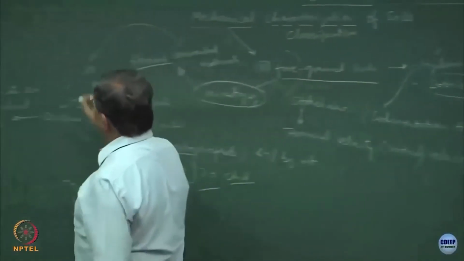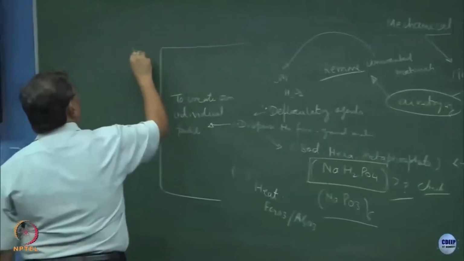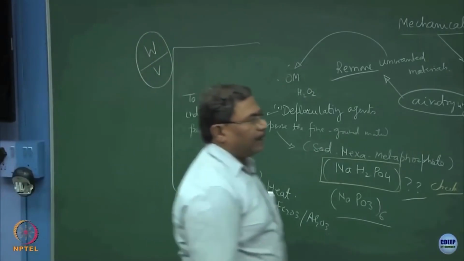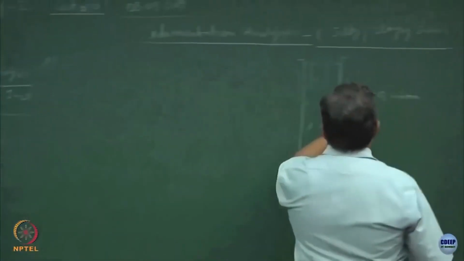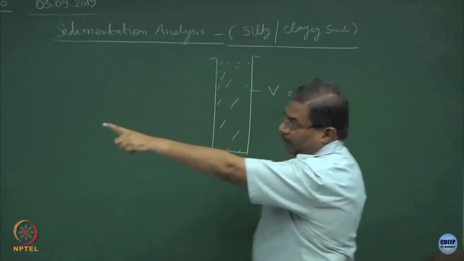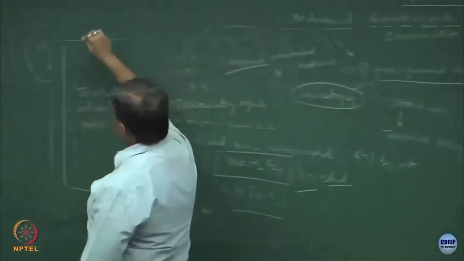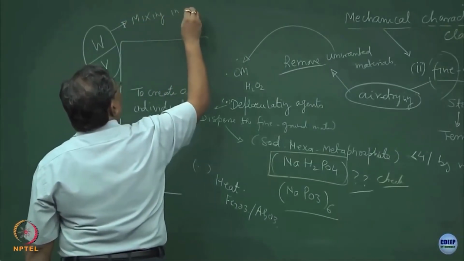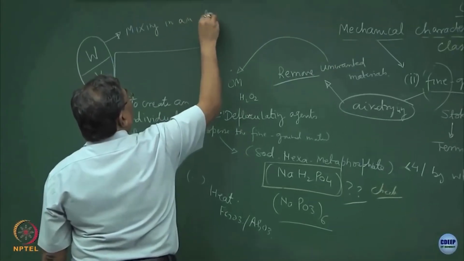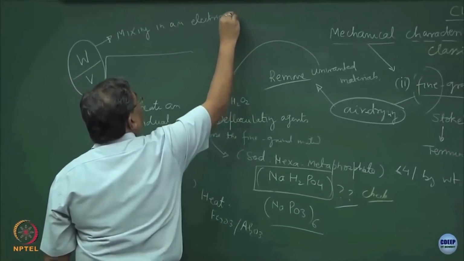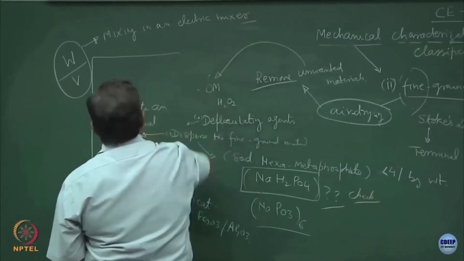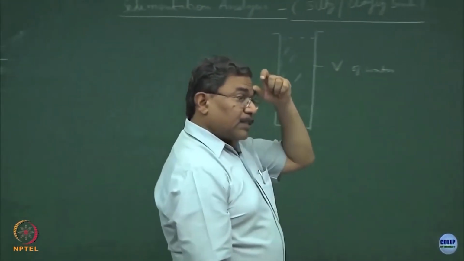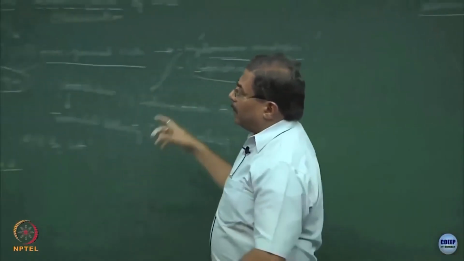Take W of this soil and dissolve it in V volume of water. So, this is the V of water in which you have dissolved this and then mix it thoroughly. I hope you must have done this. Alright. So, once they become a slurry of good consistency,